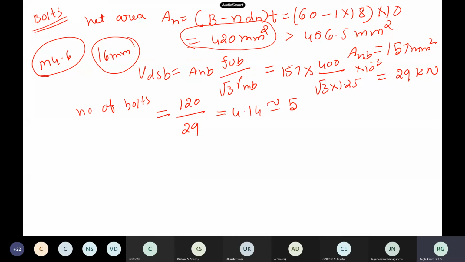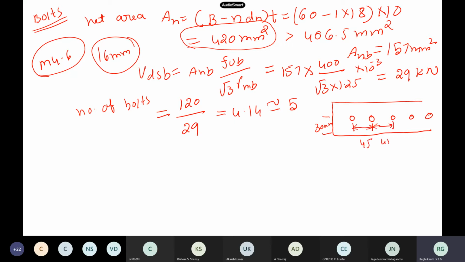So now you have to calculate pitch, gauge, and other things. What should be the minimum pitch you have to provide? You remember the guidelines from long back: 2.5 times diameter. So 2.5 times our 16. Anyway, for this problem, we put the bolts like this: 1, 2, 3, 4, 5. 5 bolts are there, and 60 mm is the actual width. So to avoid all these things, we put 30 mm. So 30 width is 60 mm. So we give the distances and others. So some 45. You can take that guideline.